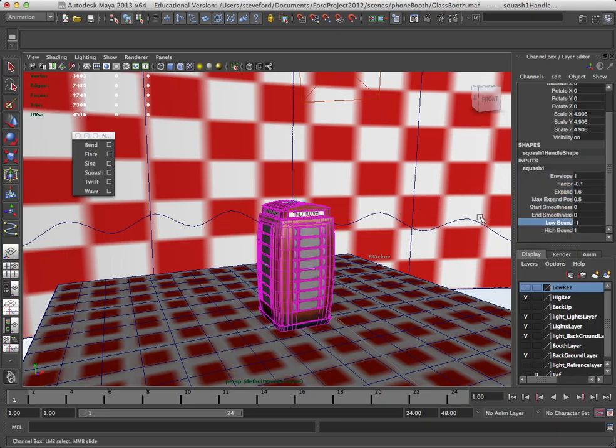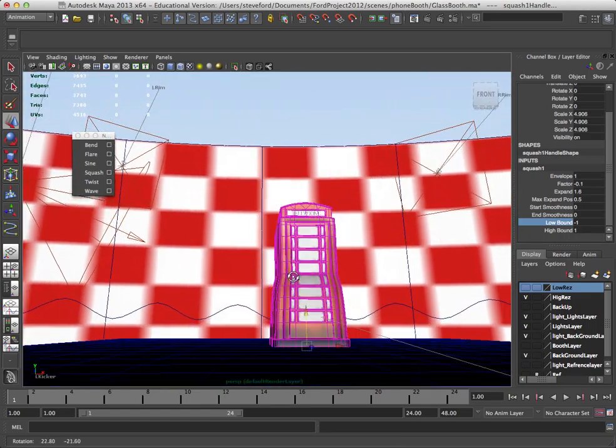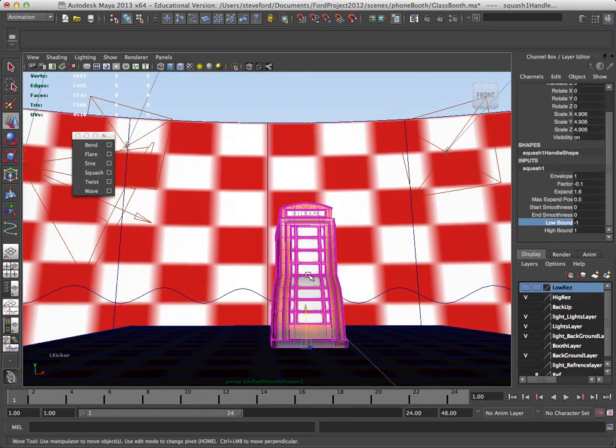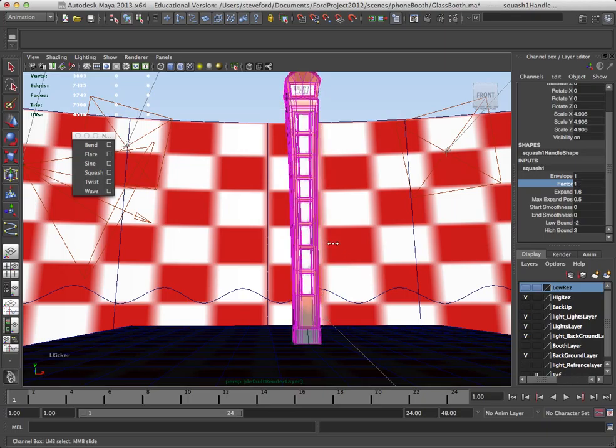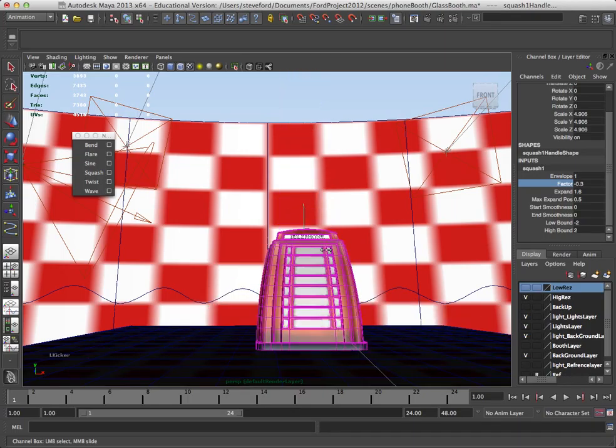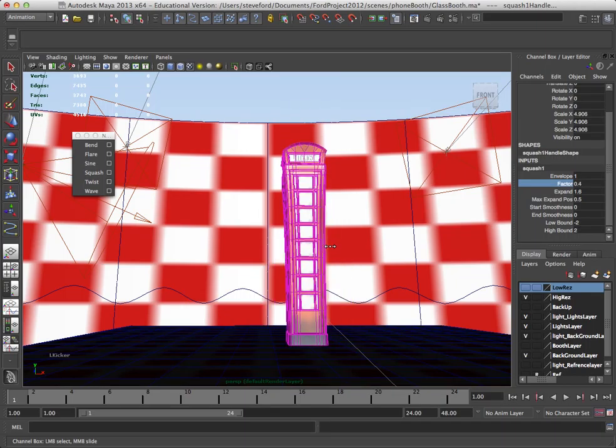You have your low bound and high bound, and it all works on where you put the pivot point. So my high bound ends right there at the moment. If I take the high bound up, and to keep the center of things, you need the low bound and the high bound to match a lot of the times. But that's not much of a big deal. So very, very flexible, a lot of fun,